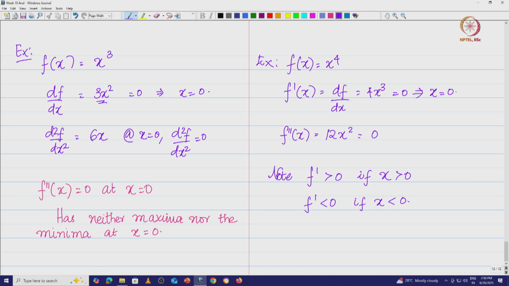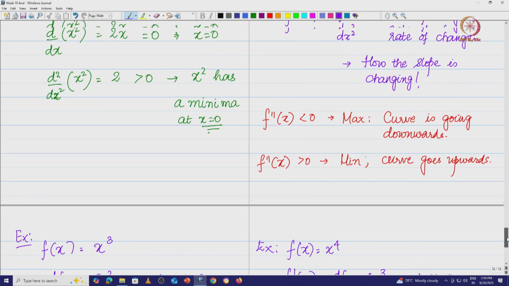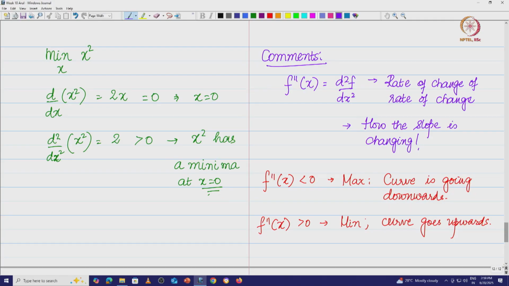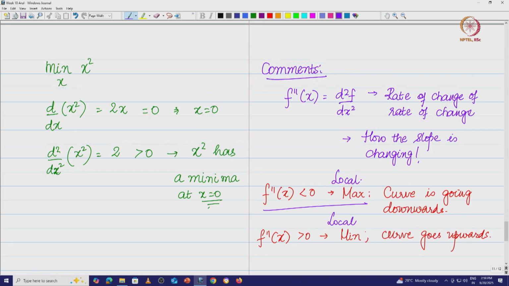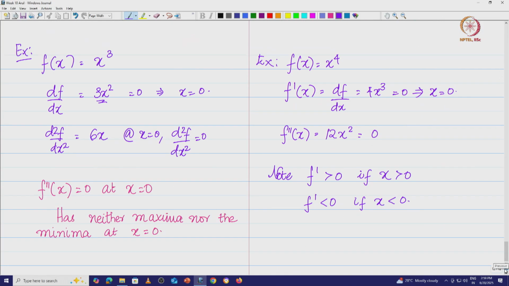Right, because the critical point that we have is x is equal to 0. So, what we say is we are going to call these things the local minima and local maxima, right. So, what are we going to do? We are going to make a small modification here. We say that f double dash of x less than or equal to 0, let us call that the local maxima. F double dash of x greater than 0, then we call that the local minima, right. So, that is what we are going to do.